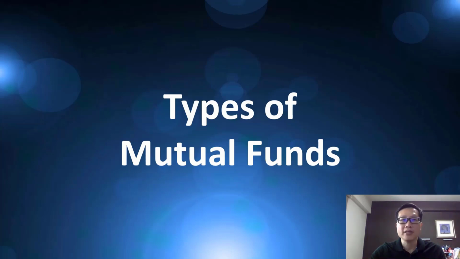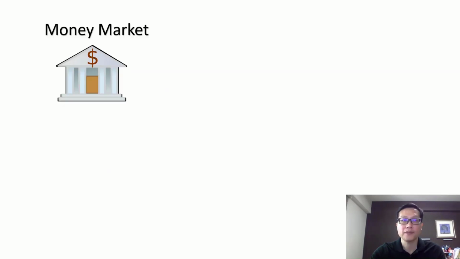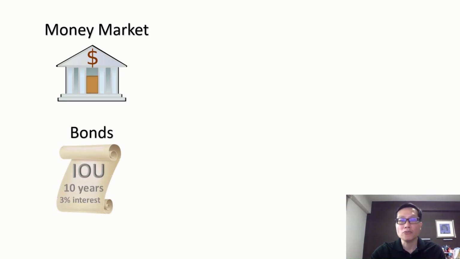Mutual funds are guided by their mandates in terms of what they can invest in. Here are some typical types of mutual funds. Money market mutual funds are allowed to invest in short-term money market instruments like treasury bills and certificate of deposits issued by companies. The intention is to beat the interest rates on short-term bank deposits. There are also mutual funds that specialize in bonds. Such funds tend to invest in mid to long-term government and corporate bonds to earn a higher interest than money market funds.